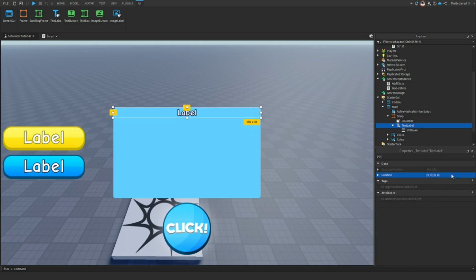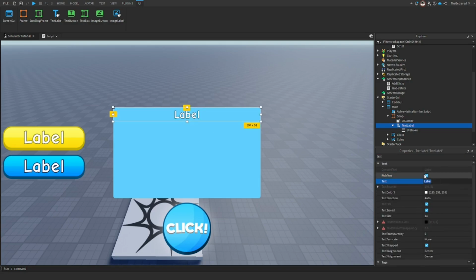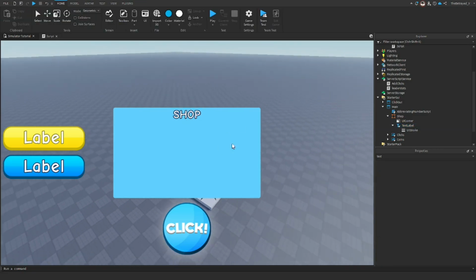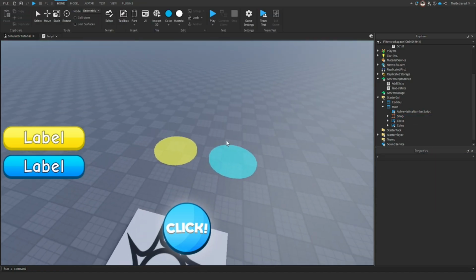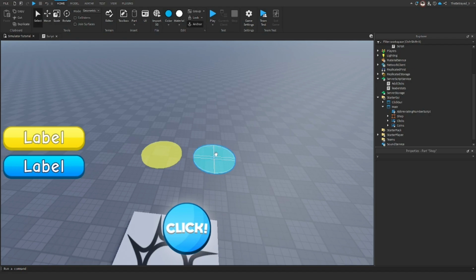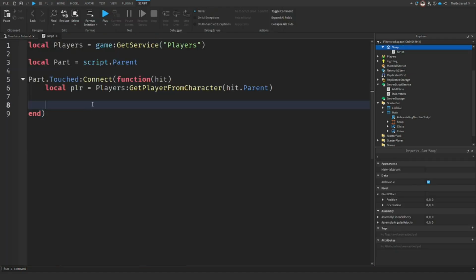So I'm just gonna do mine like this really quickly. Oh, whoops. And I'll write in shop. And now we want this to pop up, right? So what we're going to do is make this invisible by just changing the visible property and the frame. Just uncheck that box, and then we're going to go under our script. And really simple, all we're going to want to do is we're also going to need to get the PLR